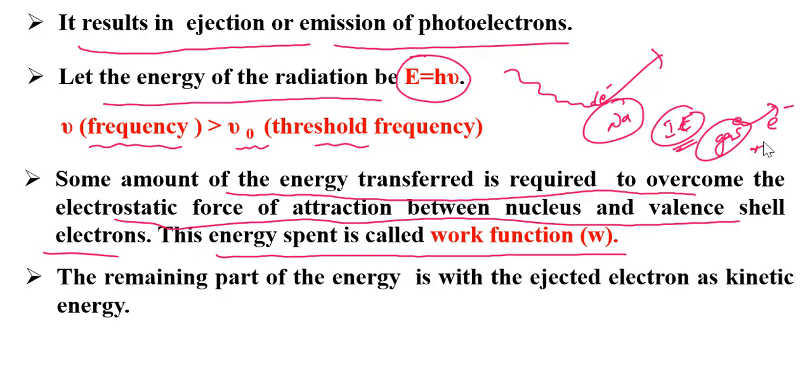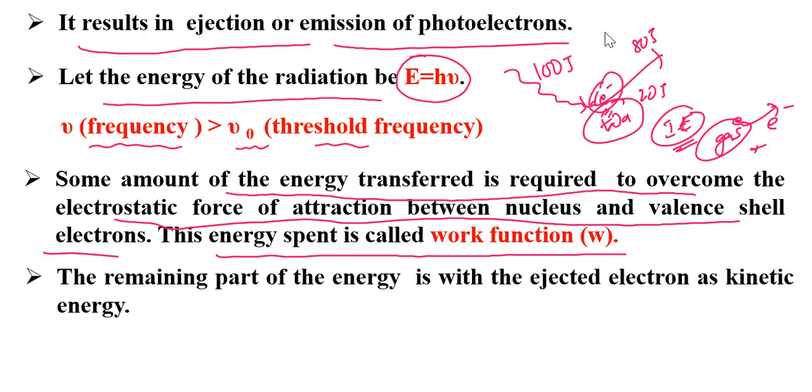Here also, it is not exactly equal to ionization energy, because ionization energy belongs to a gaseous state atom, where we remove the electron from the gaseous atom. So it is a note point: it is not equal to ionization energy, but similar to it. To remove this electron we need some energy, because there are strong electrostatic forces between the nucleus and the electron. To overcome that, we need some energy, so some amount of energy is consumed here. Suppose 100 joules of energy is falling and the consumption is 20 joules, then 80 joules of energy is converted into kinetic energy.